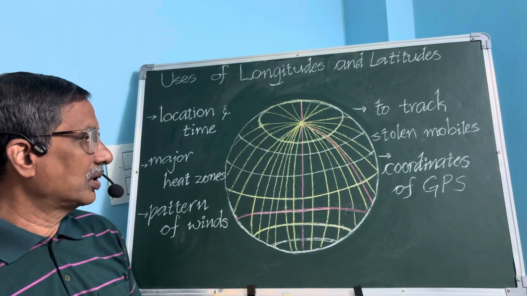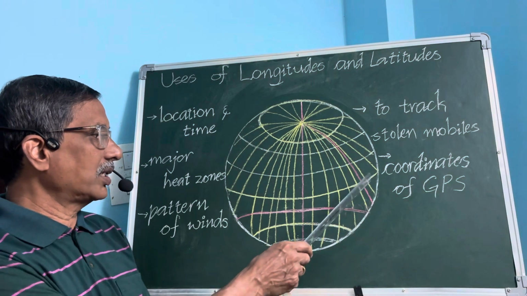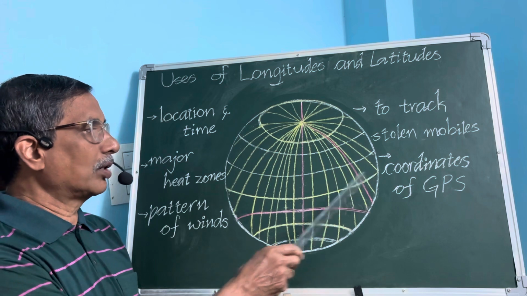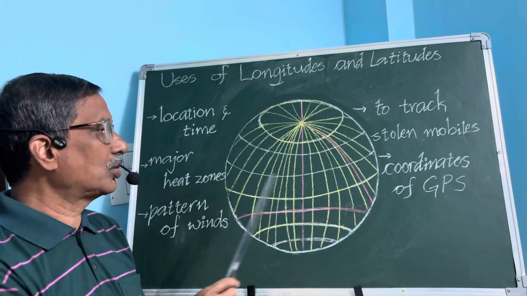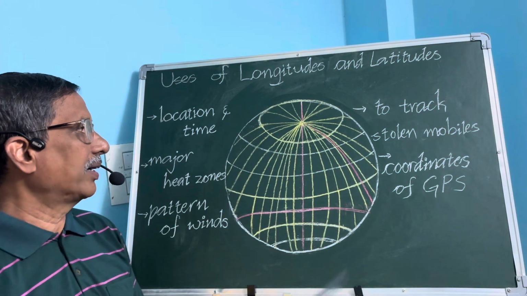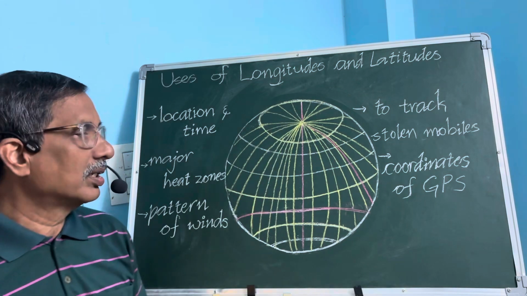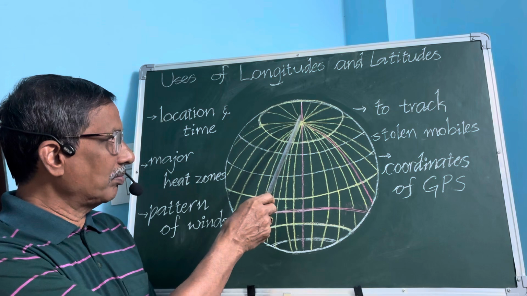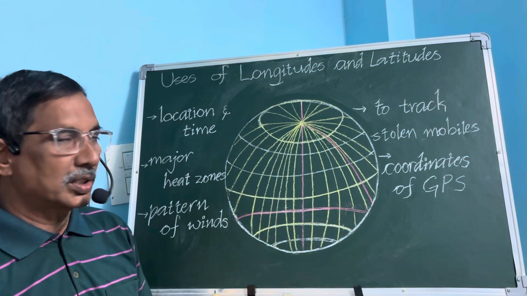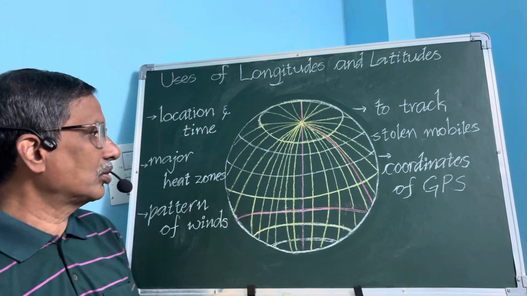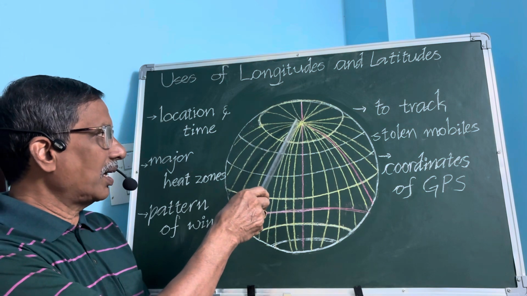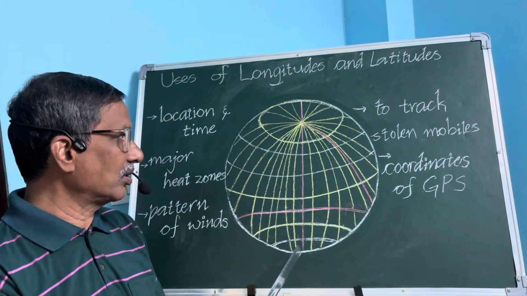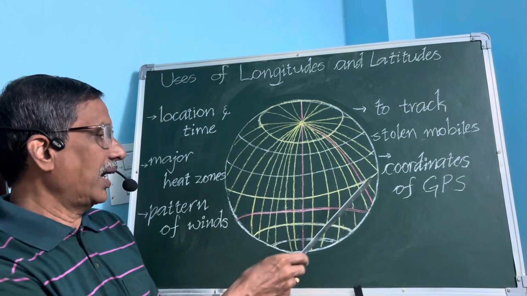We know the latitudes are the horizontal lines that are drawn across the globe from the east to the west, and the longitudes are the semicircles, the lines that are drawn from the North Pole to the South Pole. We also know that all the longitudes are of the same size, they are all semicircles, and the latitudes are